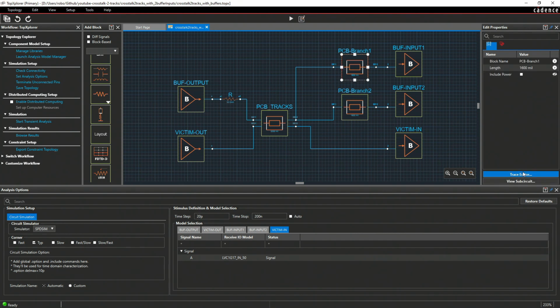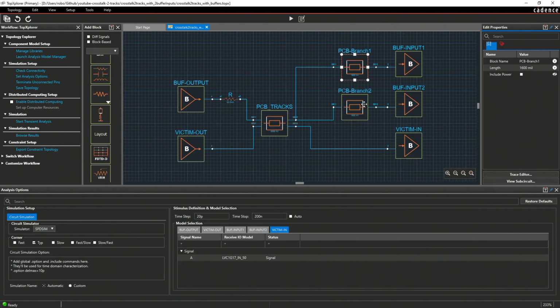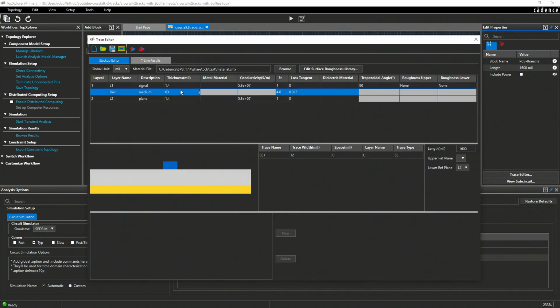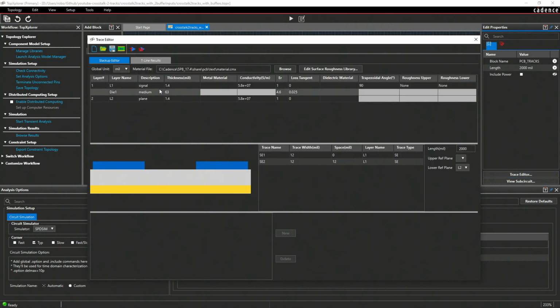I'm going to edit this and instead of 63 mils, I'm going to change this to 7. And I will do it for all these blocks. Change this to 7 and also change this to 7.